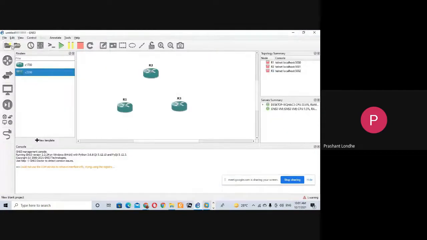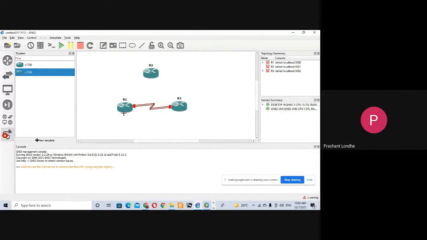So again, go to your GNS console. Go to the sixth menu, which is used for the connectivity. Add a link is the name of that particular tab. Click on that tab and click on R1. Select serial 1/0 and connect that link with R3 with serial 1/0. Done. Similarly, select serial 1/1 from R1 and serial 1/1 from R3.